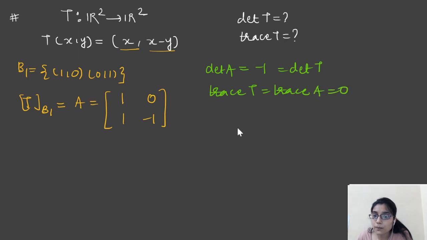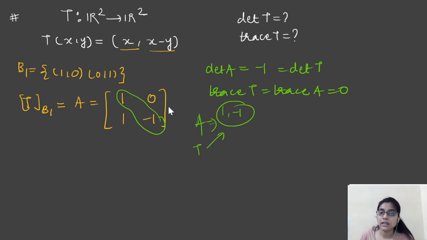matrix, that is 0. Somebody asks you about the eigenvalues, which I will teach you later on, since it is a lower triangular matrix, so 1 and -1 are going to be the eigenvalues of A, so these are going to be eigenvalues of T also. See, this is so simple. This is the application part for this topic, that if you want to do something about this LT, do something about the matrix. And now, just to prove that whatever I am saying is correct or not, suppose I am